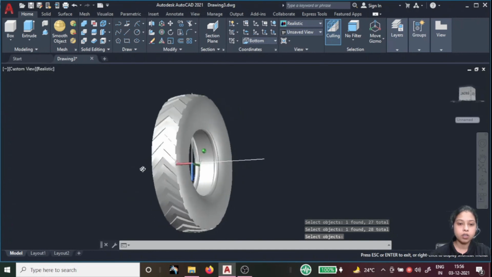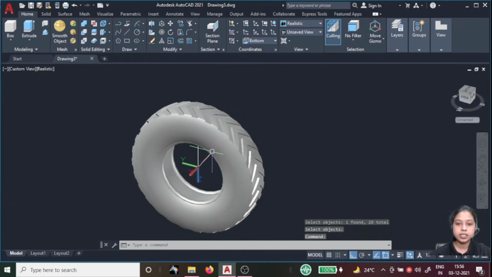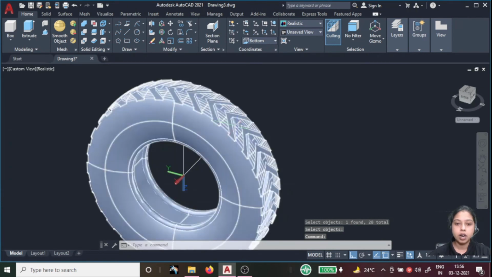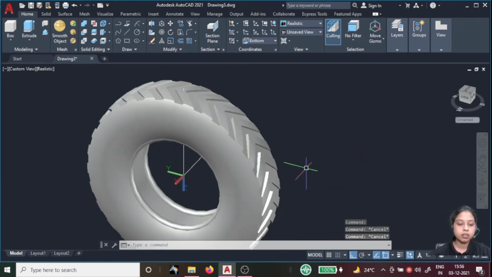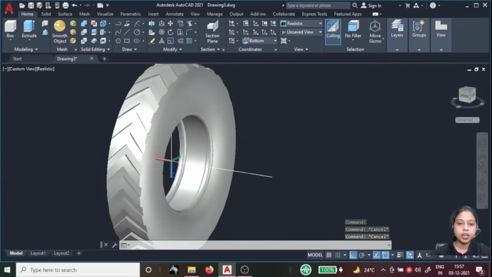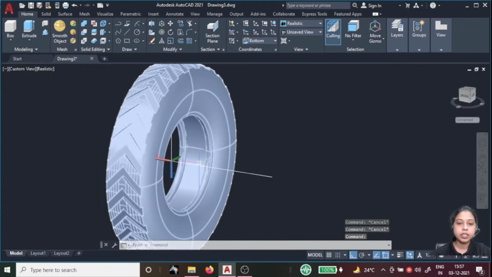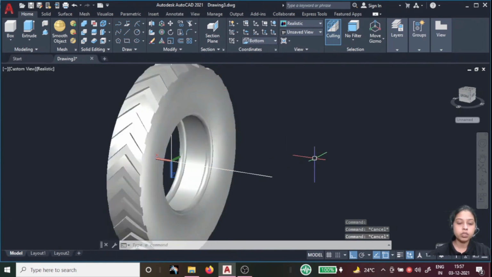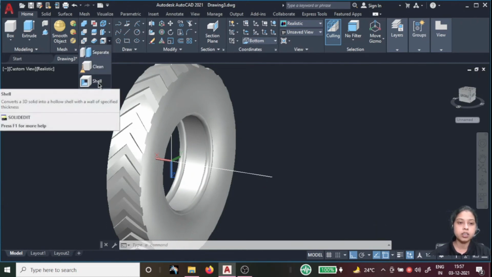See all the patterns are created in an appropriate manner. Now we can give the tire, but one thing is left. See here, we need to make it a shell. So for the shell, go for the shell command, shell, else you can go for this one, the third option is the shell option.